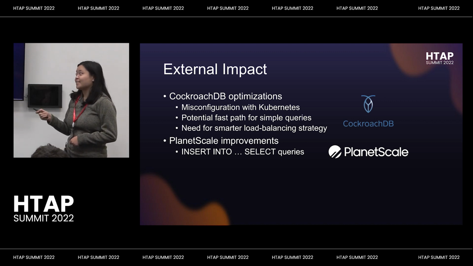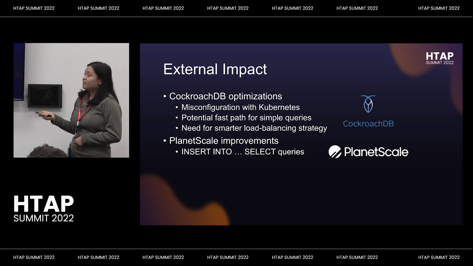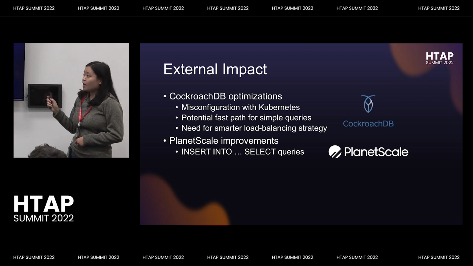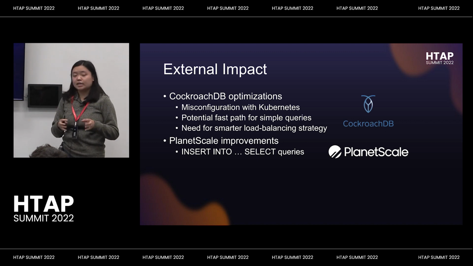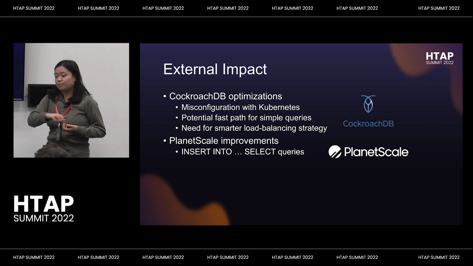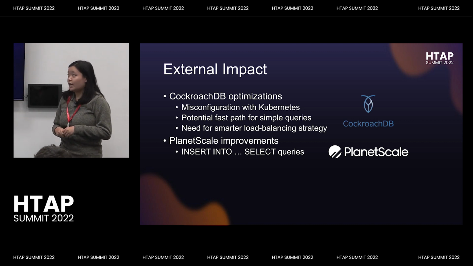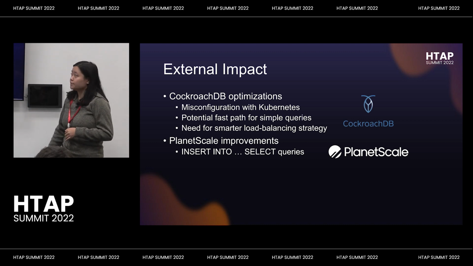So they're still figuring that bug out, but we also found that we're able to get fast path for simple queries, and also our workload is very skewed, and that skew tends to happen around a couple of keys. But CockroachDB wasn't able to spread those keys out onto different shards because they were detecting skew based on an average QPS versus QPS per key. So they are exploring a smarter load balancing strategy.